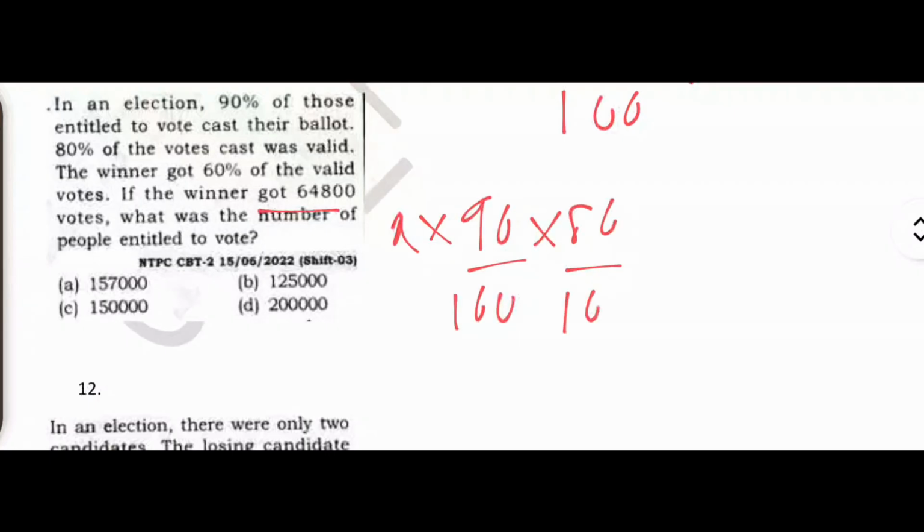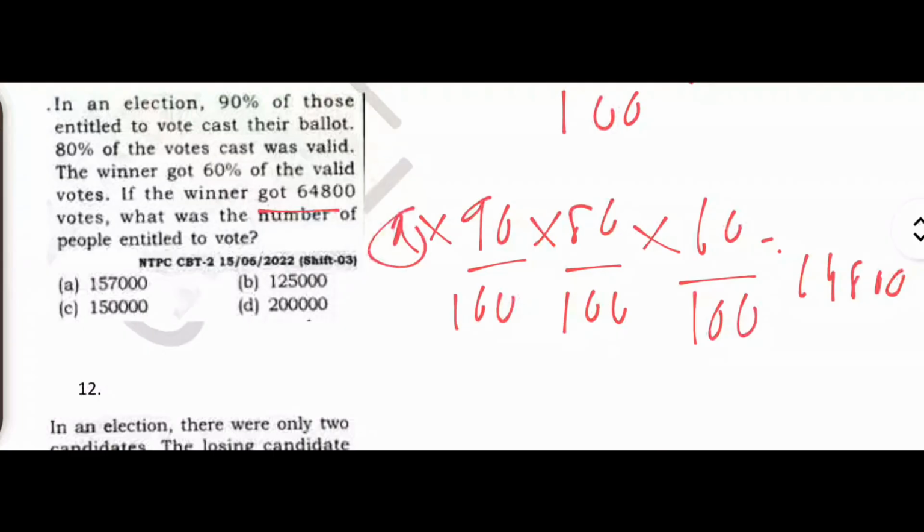Let us consider the total voters as 100. See, 90% of those entitled to vote cast their ballot. So 90% people voted. Of this, 80 were valid. The winner got 60% of the valid votes. If the winner got 64800, then what is the number of people entitled to vote? We need to find the value of x. Okay,